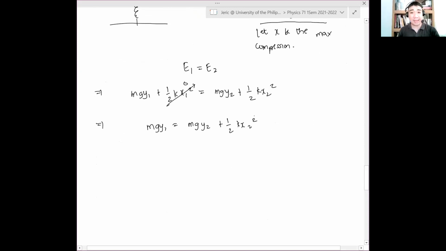Now, again, as I said, the compression of the spring is x, so I have mgy1 equals mg times negative x plus 1/2 k x squared. Okay? And if I transfer this to the other side of the equation, I get something like 1/2 k x squared plus mg